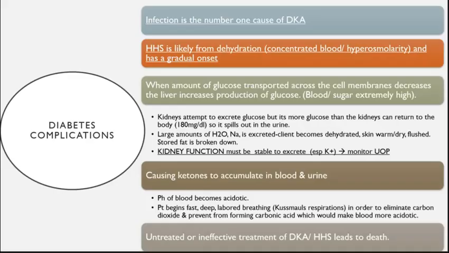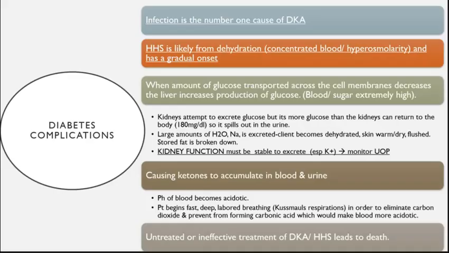What is the byproduct? What is that specific diet that everyone loves to go on because they lose a lot of fat, but they also can lose some muscle. But what are we testing for when we take their urine? Kidney function must be stable to secrete or excrete all the glucose and all the stuff that our body's trying to get rid of. So we do need to monitor urine output. Your kidneys get overworked very easily and they can get injured.